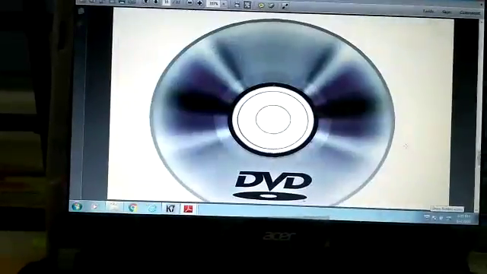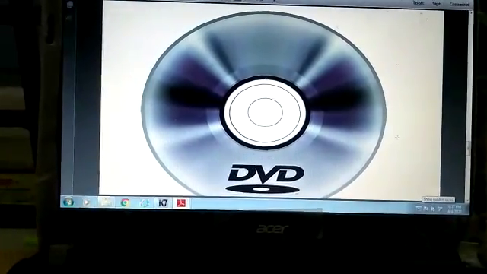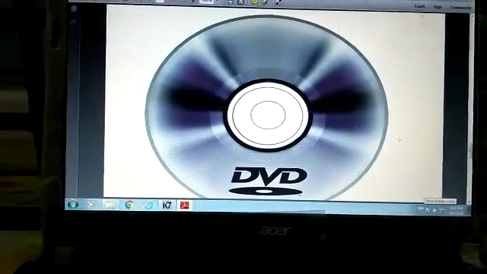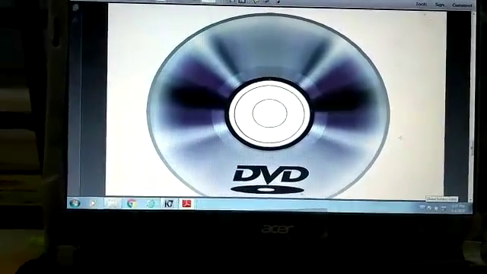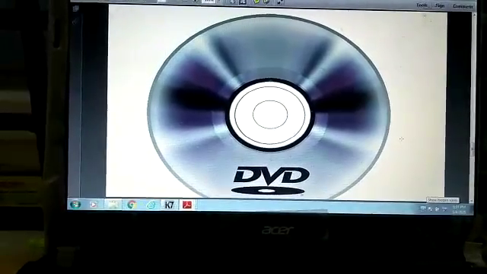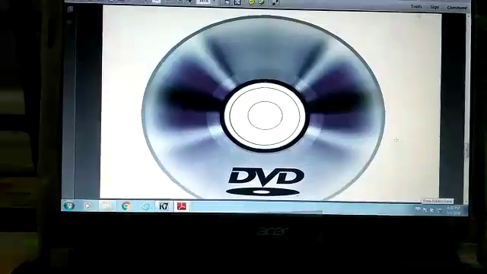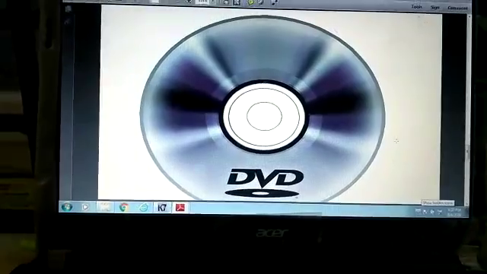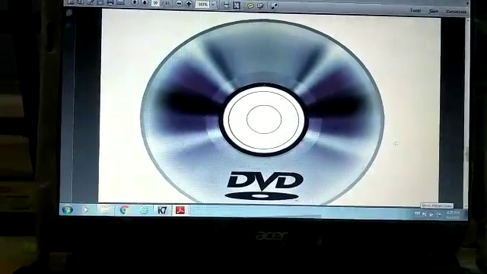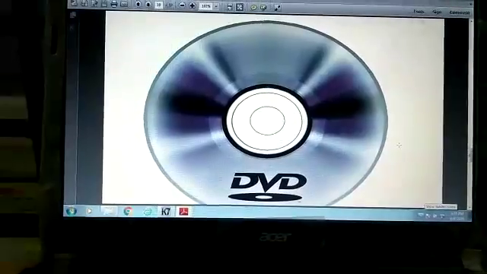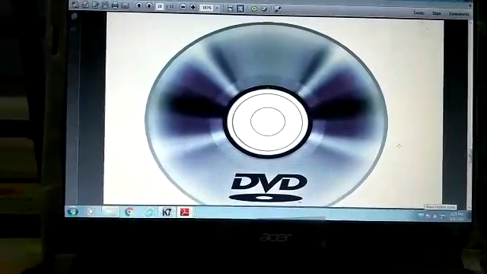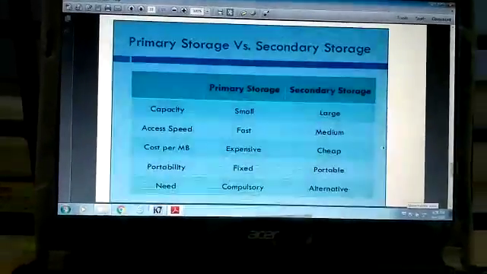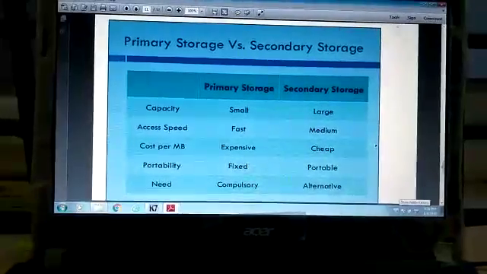And the next is DVD, digital versatile disc or digital video disc. It is also an optical storage for data storage and for recording movies with high video and sound quality. We use these DVDs. Though it is similar to a CD in size and shape, it can store 6 times more than a CD. Storage capacity varies from 4.1 GB to 17 GB. Clear?